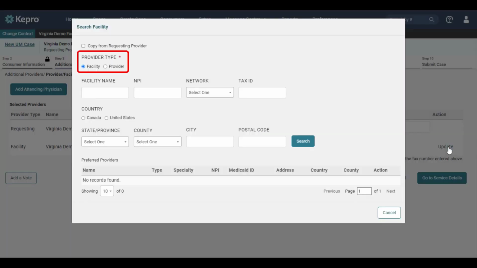You will choose the provider type, whether facility or provider. To search the facility, you can enter in the facility name, NPI, or tax ID. For providers, you can search by the first name, last name, NPI, or tax ID. For my example, I will enter in the NPI number,